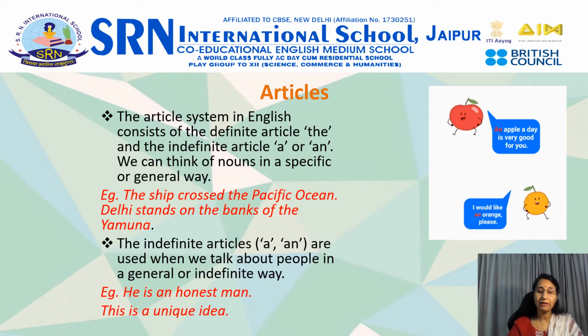We use an before words which begin with a vowel sound, like the girl bought an orange. So here it is very clear, orange has a vowel sound. Or he is an Indian. But if you say he is an honest man, where the h sound is silent, so it's only the vowel sound which is used in the beginning. Or you can say I met him an hour ago. So here we are using an before a vowel sound.